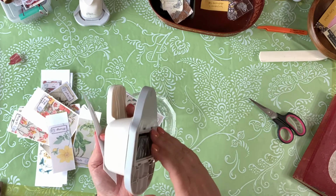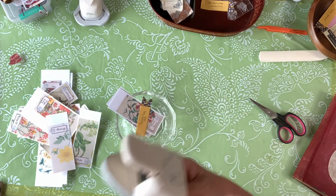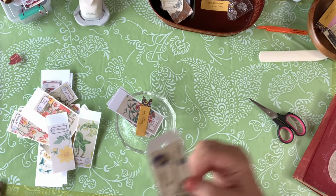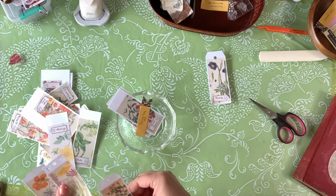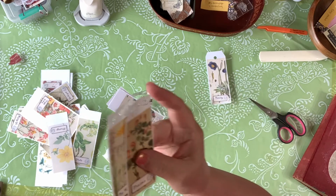It doesn't have a name on it, so I don't know what brand it is. But that's what I did this one with. These two I used